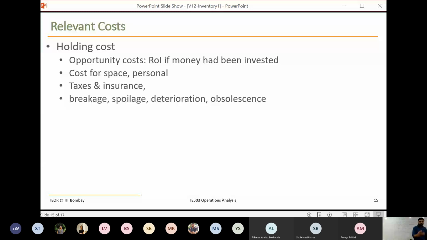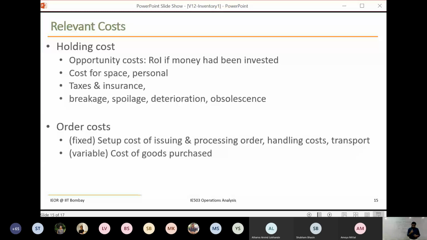Maybe we've run out of time, so I don't want to go into the calculation of it. The second is order cost. Each time I order inventory, there is some cost involved. The more direct one is that I need to maintain a purchase department with at least a couple of employees who are actually making the purchase order. You have to have a computer and a system, so some setup is involved in actually making the order. Then you have to pay some transport cost, fixed cost, and some handling cost. Some are fixed costs. Some are variable costs. If you order 10 units, it will cost me 10 times the price of the product. If you order 100 units, it will cost 100 times the price of the product. Those all come under what is called ordering cost.